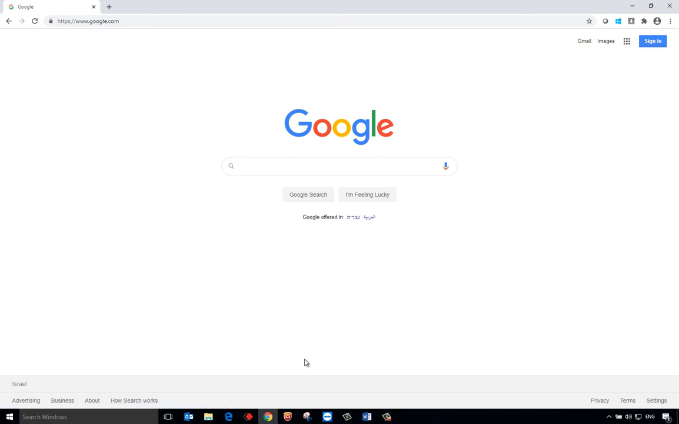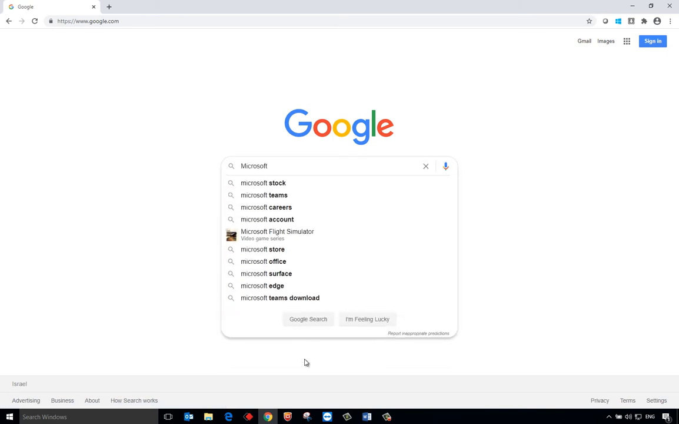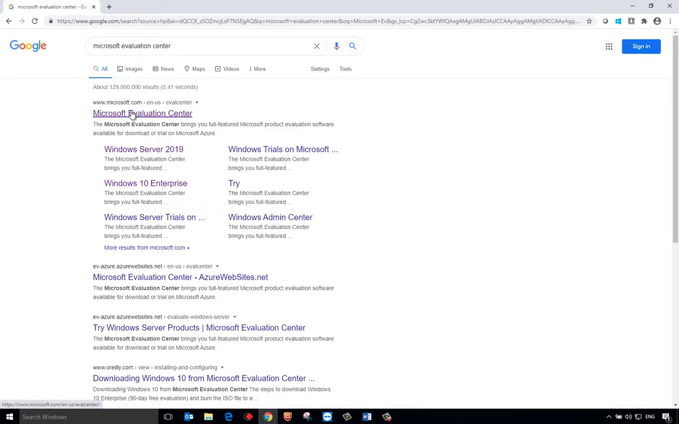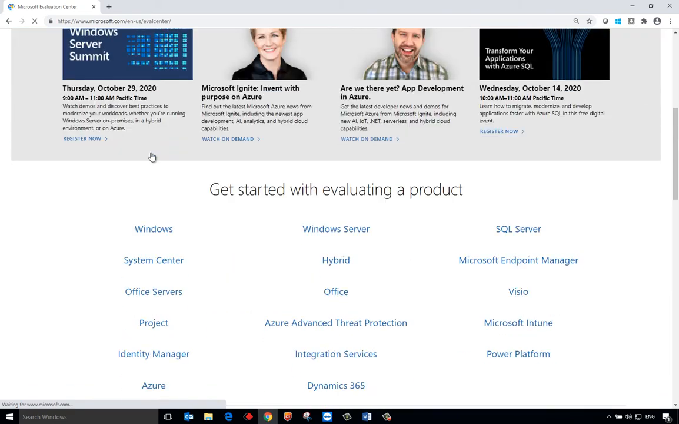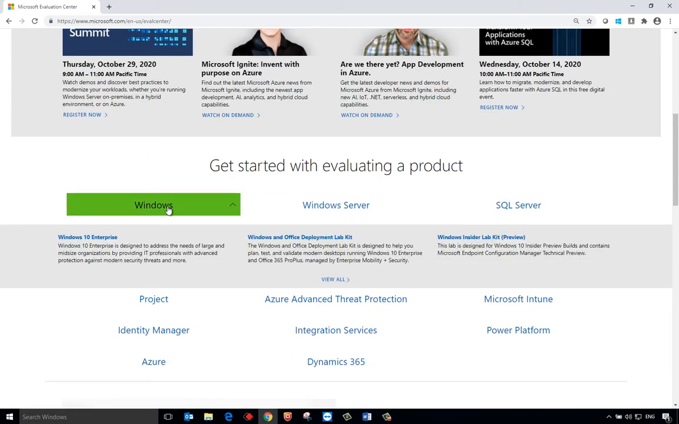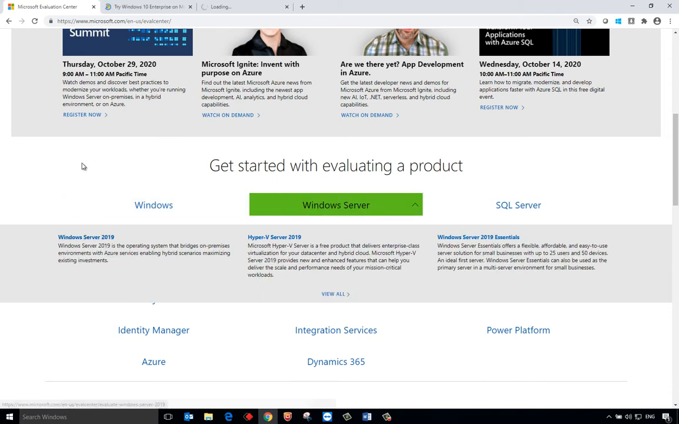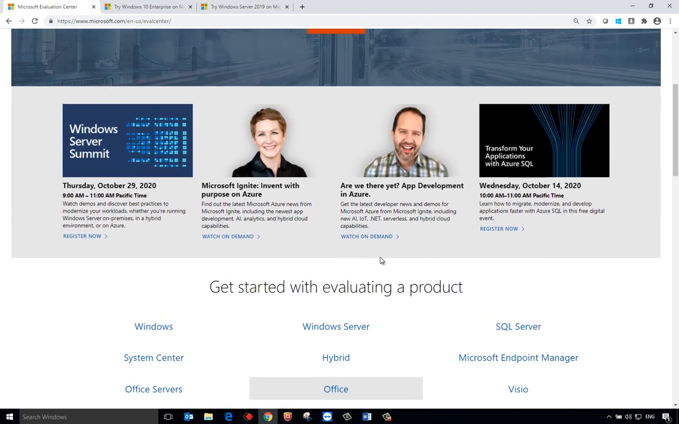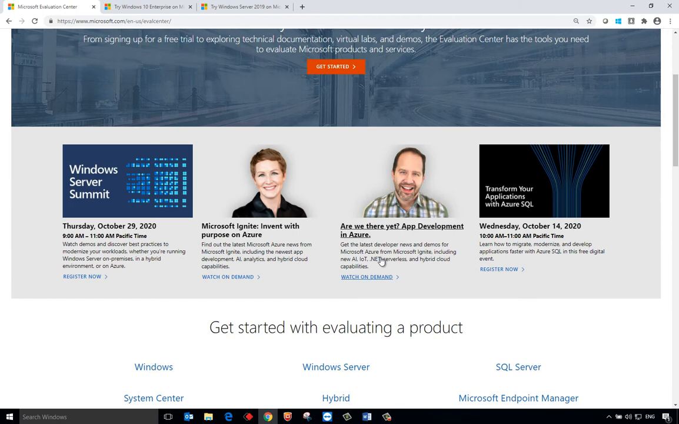So in your browser, just go to your favorite search engine and type Microsoft Evaluation Center, and from the Evaluation Center you can get an evaluation copy of Windows 10 Enterprise and Windows Server 2019 and SQL Server and System Center and Microsoft Endpoint Manager and even Office and a variety of products that Microsoft supplies for us to test and get familiar